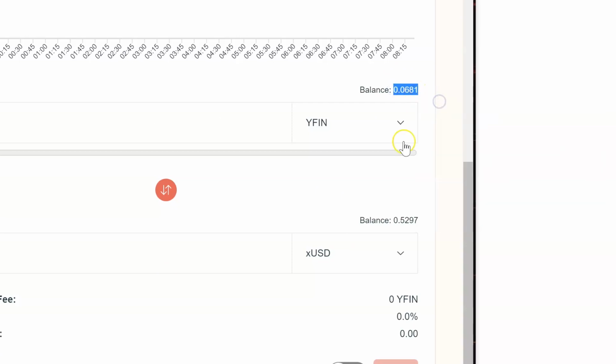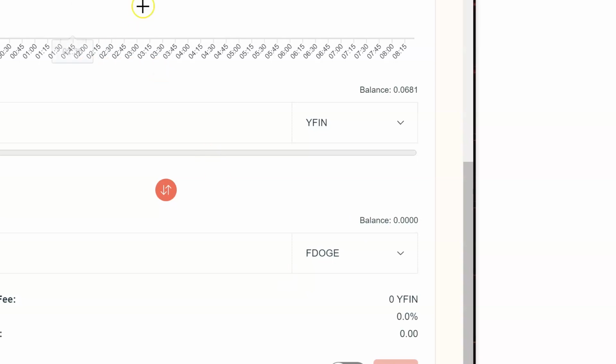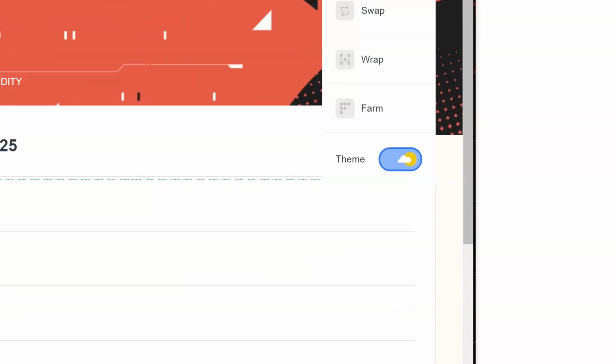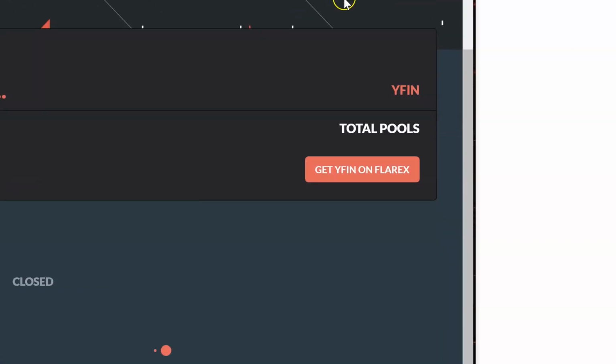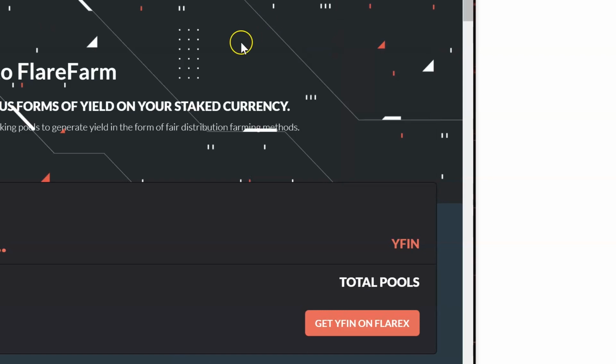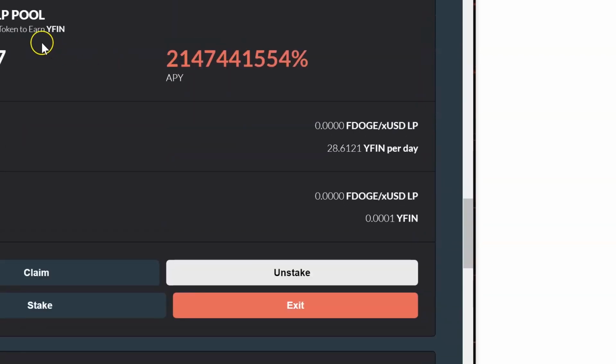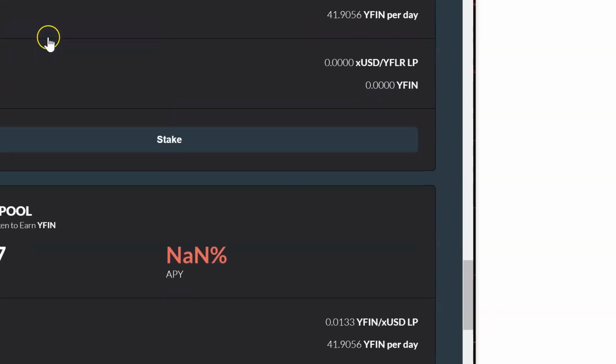My goal is I want Doge. Let me show you guys what pool I'm going for. Oh, I have to connect my wallet. There's Doge USD. I think this is the one I was going to go in.